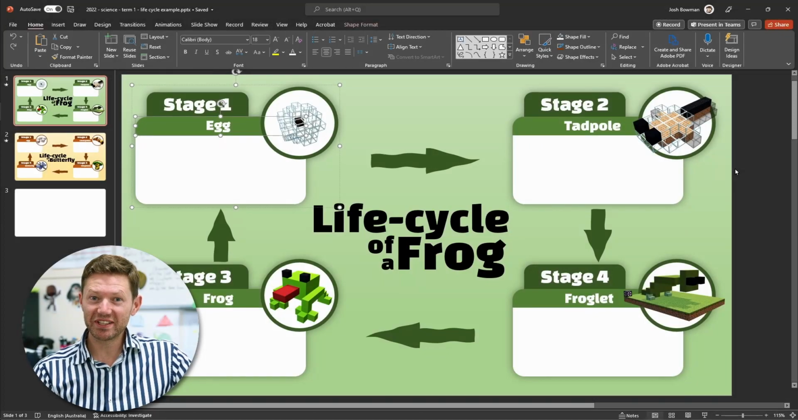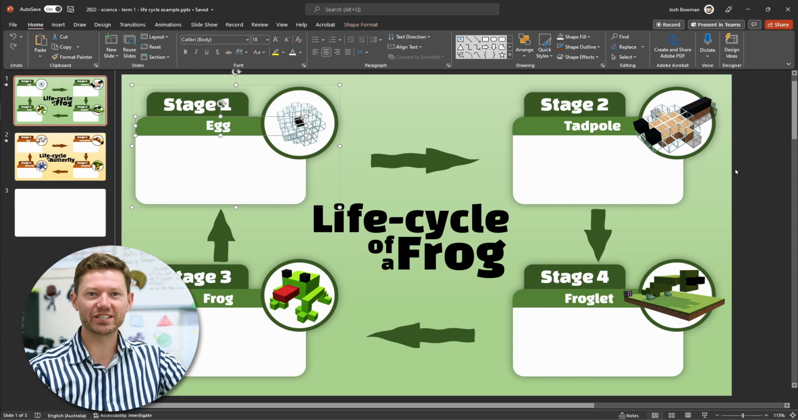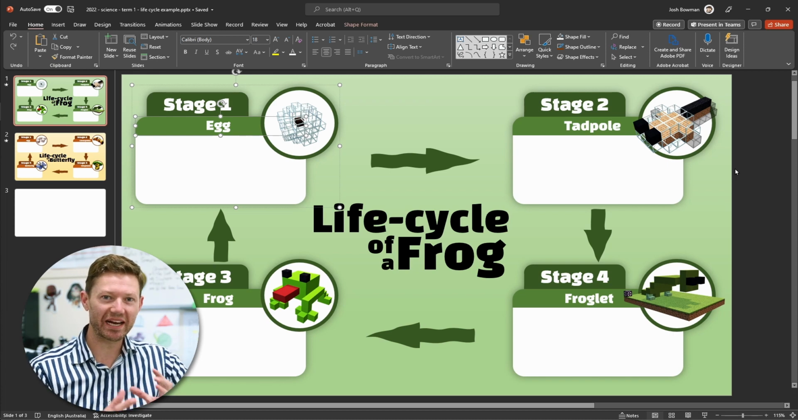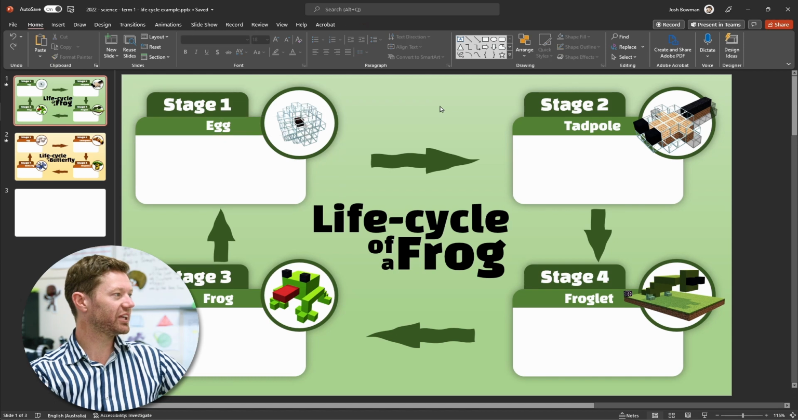Hello and welcome to this two-part series on Minecraft integration with PowerPoint to create some really interesting interactive slide designs that we're going to use to create our own life cycle presentation for science. As you can see on the presentation here, I've got some gradient backgrounds which we're going to look at how